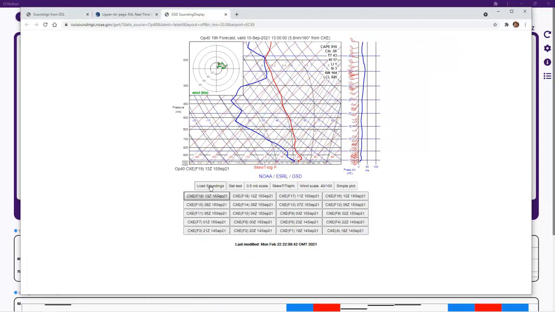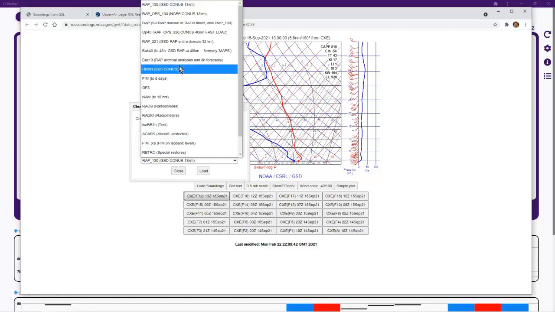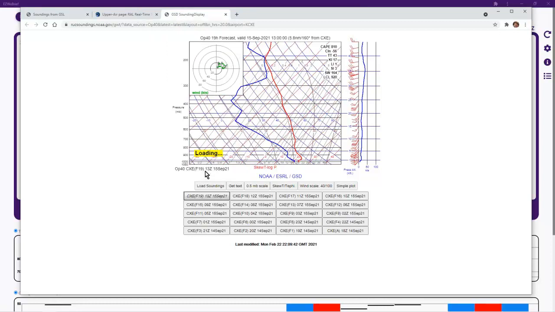It evidently does not like that selection here. It's the latest run, 20 hours of loading. Let's just do 18 hours here, and running on this one. Well, let's try this other one here and load that. Yeah, there we go. So that second one, and I'll show that again so you can see,